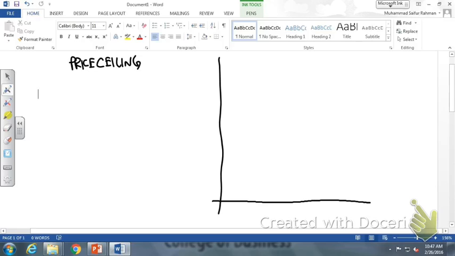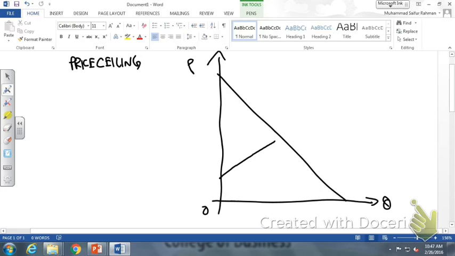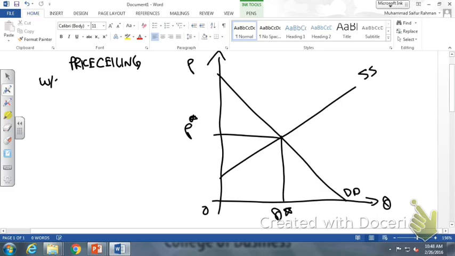So let's think about the market being where the original market equilibrium is. Let's define an equilibrium, a demand curve and a supply curve. This is supply, this is demand. Imagine that without the market price control, the market equilibrium is at P star and Q star. So without price ceiling,